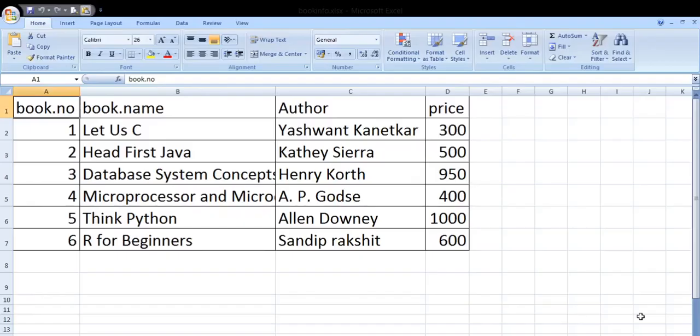Now we'll see how the format of input spreadsheet should be in order to import it into the R environment. So here I have created my spreadsheet to store information about different books. I have stored information about 6 books, and as per the requirement of data preparation, here I have concatenated the names of headers, like see, my first header is book NO and the second header is book name. Now here the headers of these two columns consist of multiple words, so I have concatenated those words by using dot operator.